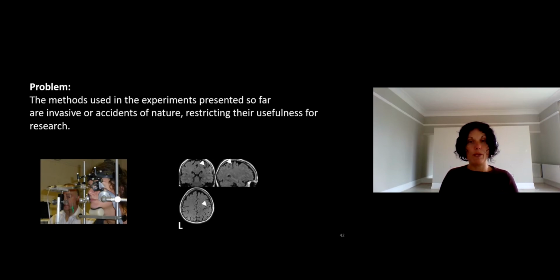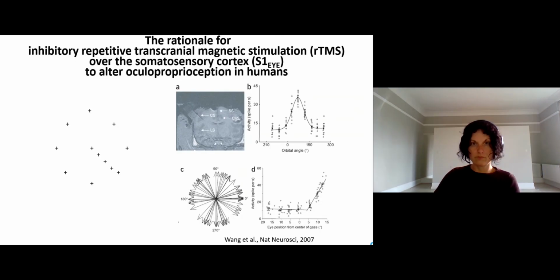One problem with the methods I presented so far is that they are invasive or accidents of nature, which restricts their usefulness for research. It's simply logistically very difficult to use these methods. A less invasive way to interfere with ocular proprioception in humans is to use inhibitory repetitive transcranial magnetic stimulation over the somatosensory cortex. The rationale for this method comes from an experiment in monkeys that I presented in the first